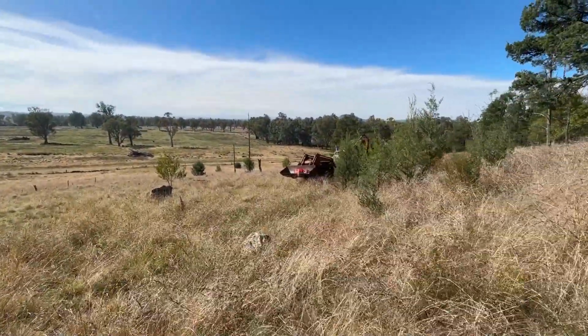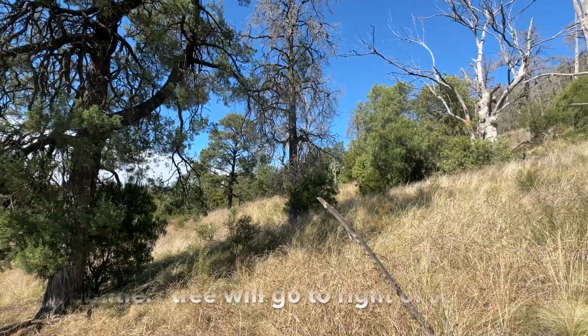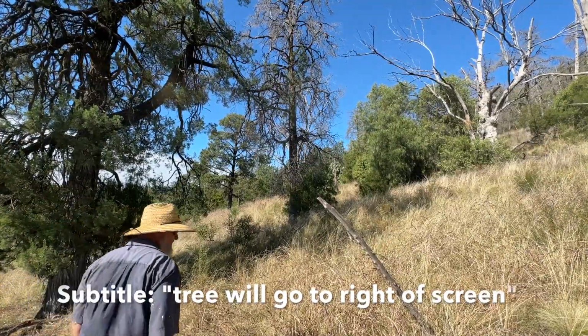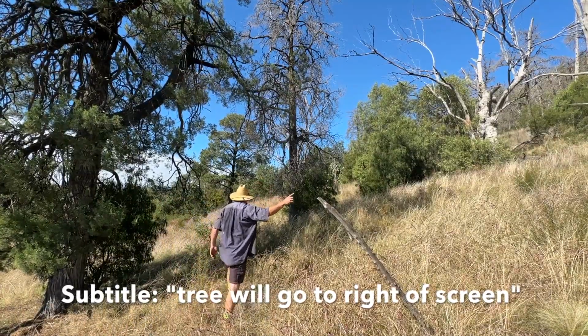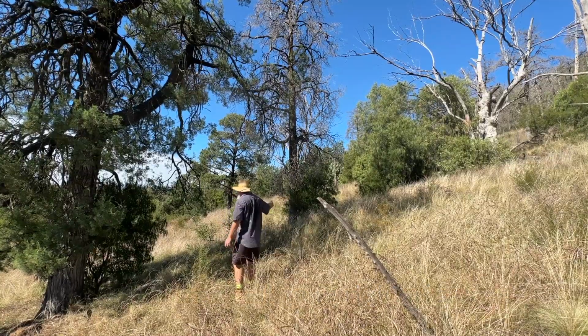Back soon. Alright, so this tree is going to drop that way. All goes according to plan, and I can find